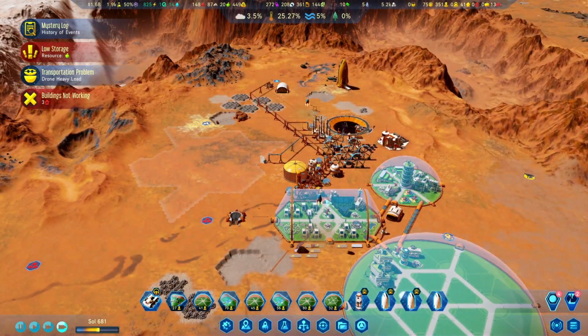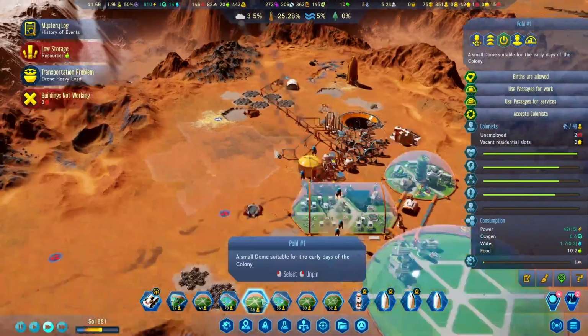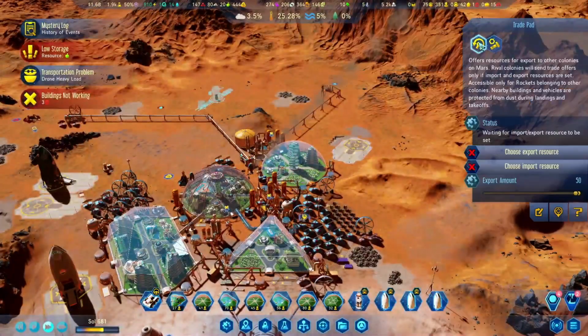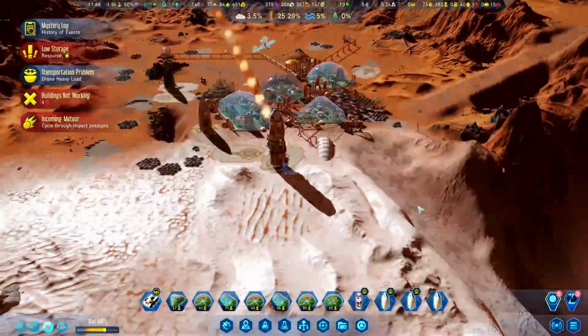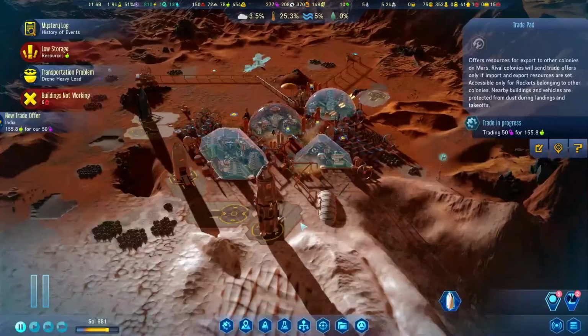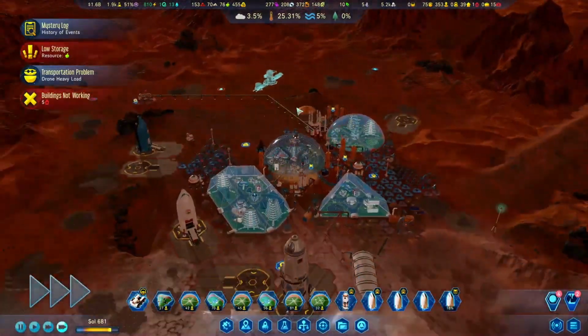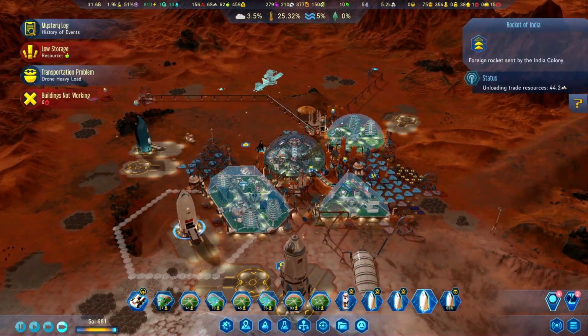Alright, we are going to max speed. We are low on food. Let's get a trade in for that. We're not using any of our polymers, so let's trade that out for food. Is that going to be a problem? Nope. We'll take that, India. Thank you. Once we have the concrete we need...